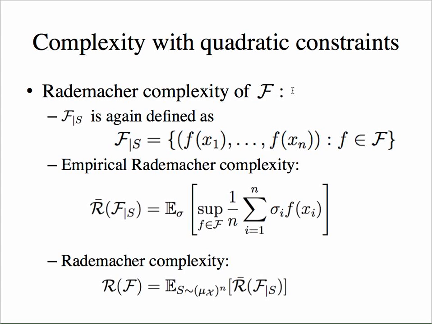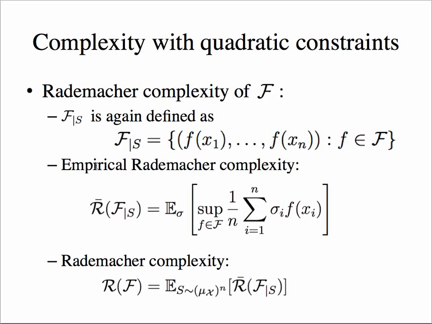So now that I have motivated how quadratic constraints can appear, I want to come up with the complexity of the resulting function class using a slightly different complexity measure, which is the Rademacher complexity measure. Again, the restriction of f on the sample, denoted as script f subscript s, is a subset in n-dimensional Euclidean space, and it is the evaluation of every function in a function class over the n training data features,